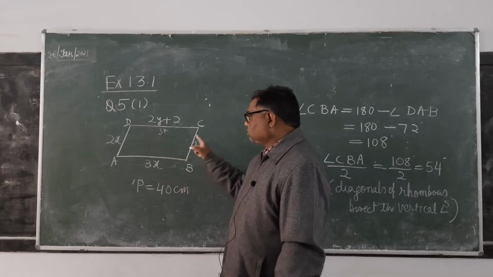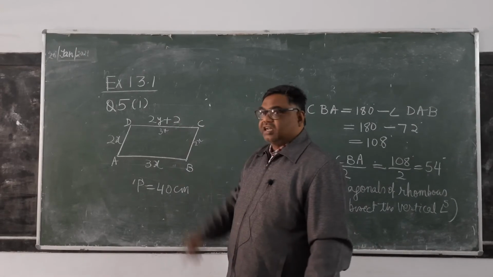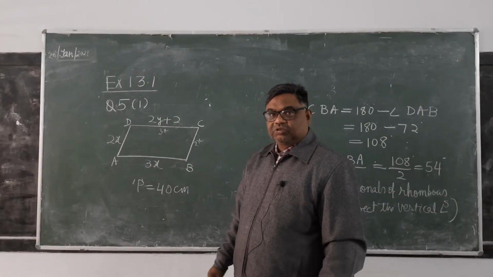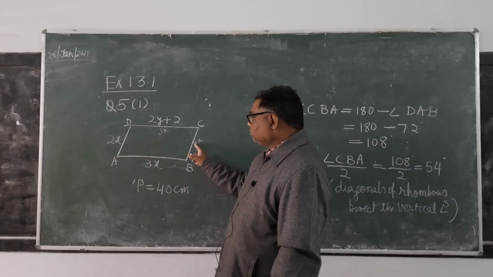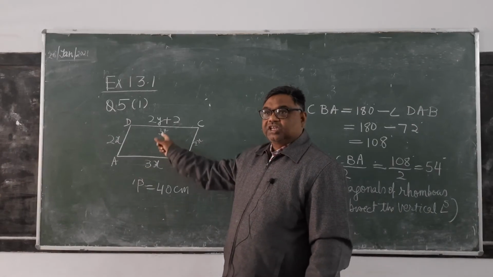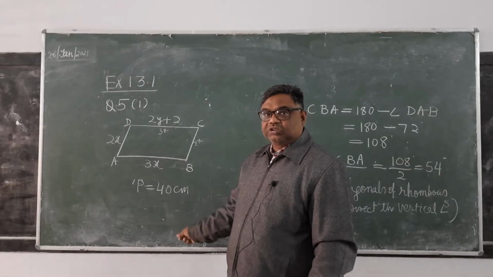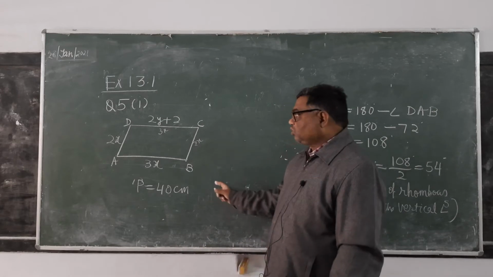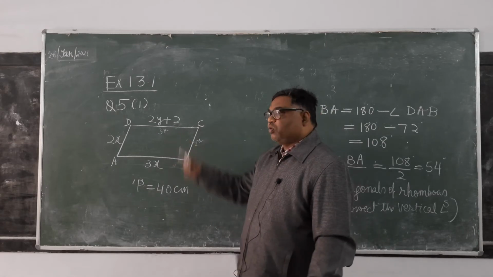So what will be the perimeter? 2x plus 3x plus 2x plus 3x. हम ये y वाला नहीं लिखना चाहते, है समझे? ये थोड़ा उग्रवादी टाइप का है, ये क्वेश्चन नहीं होने देगा. So 2x plus 3x is 5x, 5x plus 2x is 7x, plus 3x is 10x. But in the question it is given 40 centimeter, means 10x equals to 40. So x equals to 4. So this will be equal to how much? 3 into 4, 12.